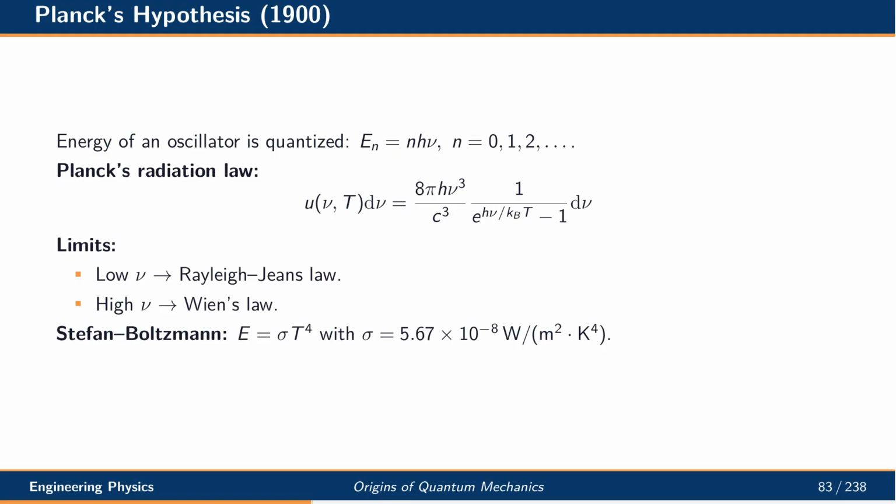Max Planck proposed that the energy of an oscillator is quantized in discrete units of h-nu. This bold idea led to his radiation law, which correctly describes the spectrum of a blackbody. At low frequencies, Planck's law reduces to the classical Rayleigh-Jeans law, while at high frequencies it agrees with Wien's law. It also yields the Stefan-Boltzmann law for total radiated power. Planck's hypothesis was the first crack in